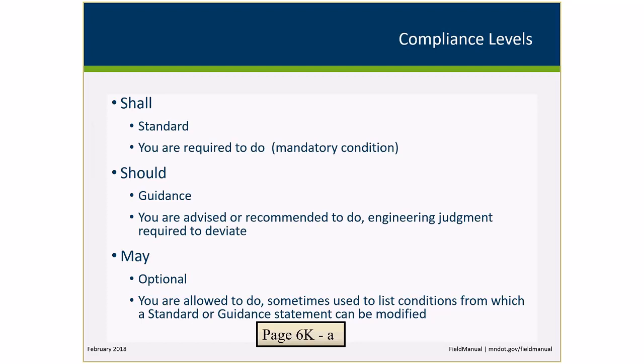So our standpoint is that if it's a should statement, it should be done, it's the default, and if you choose not to do it, there's a reason and engineering judgment is exercised. Now technically, engineering judgment does not require documentation, and that's what the field manual says and that's what the MUTCD says. The challenge with that is sometimes when things go wrong, you won't know